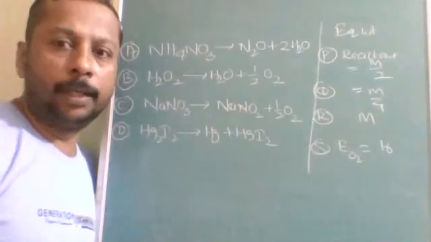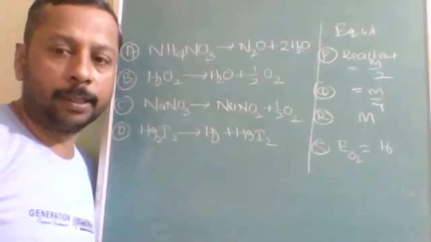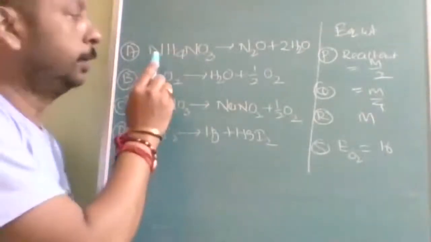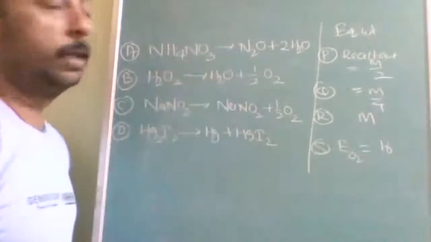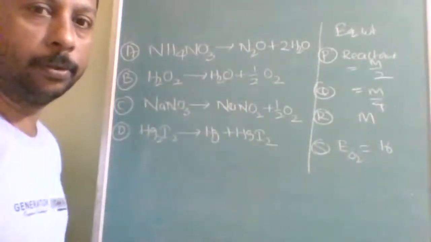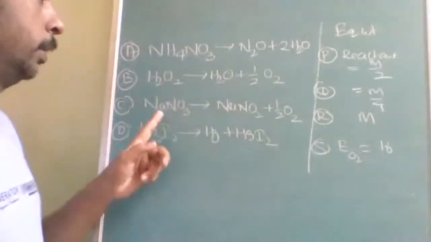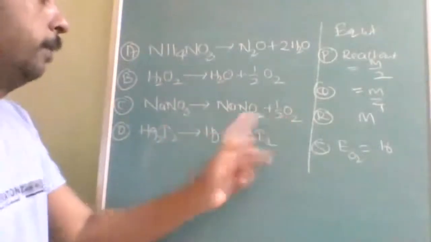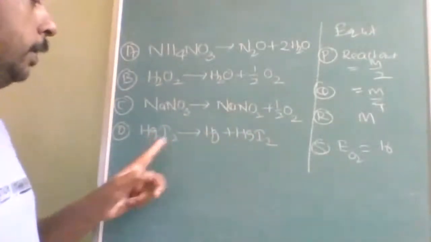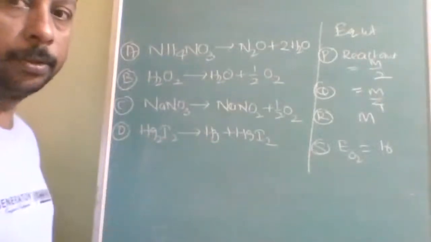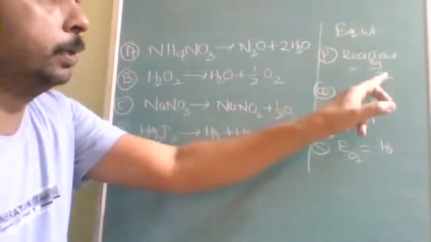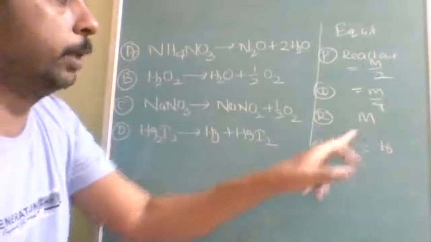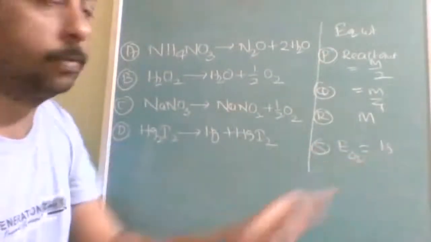Okay, next is from equivalent weight, how to find out the equivalent factor. So these are the reactions given. Here, see, two different places in the reactant and one place in the product, that is comproportionation. And this is disproportionation. Here oxygen is present at two different places. Same way here, Hg is also a disproportionation reaction. So equivalent weight of reactant is M by 2, equivalent weight of reactant is M by 4, equivalent weight of reactant is equal to M, or equivalent weight of oxygen is equal to 16.